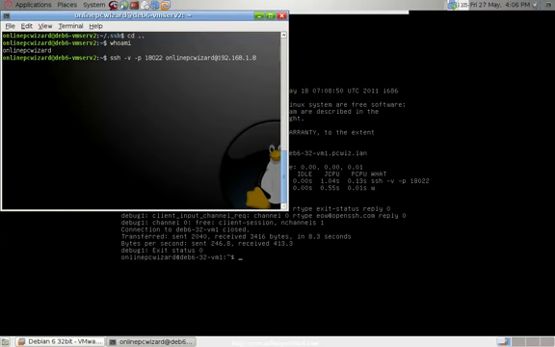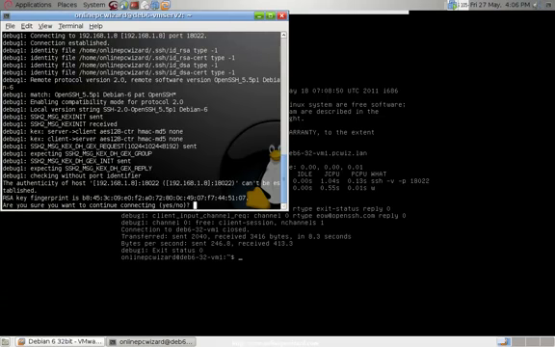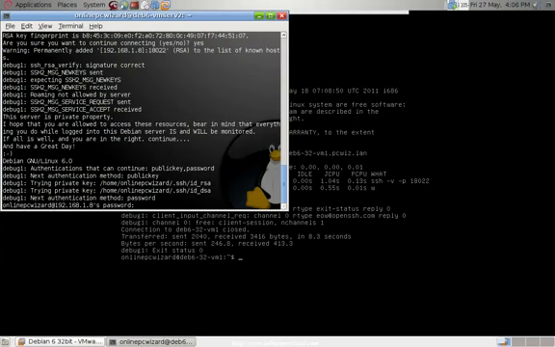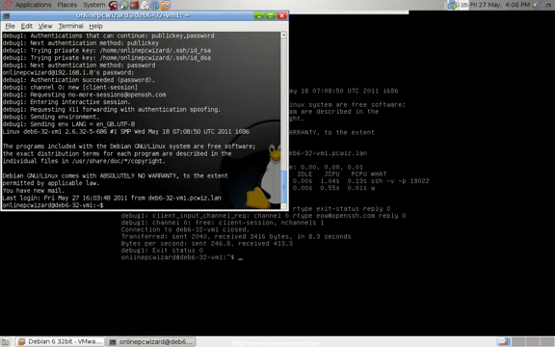Or we can do it like this: -l for login, online PC Wizard, space, and then the IP address. We're going to show you that will work. Yes. The password. See, it gives us our same